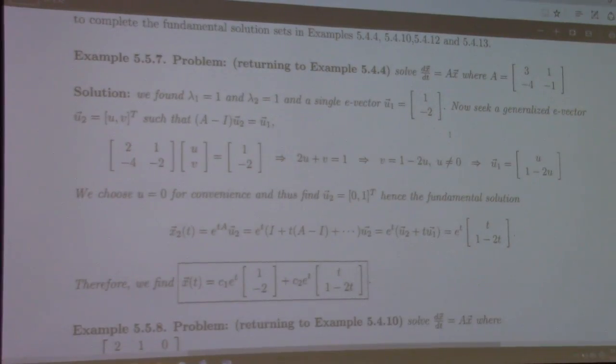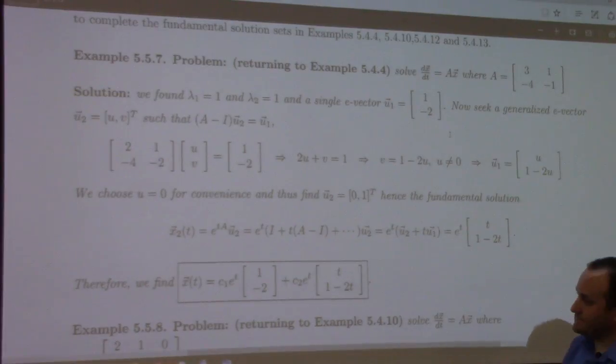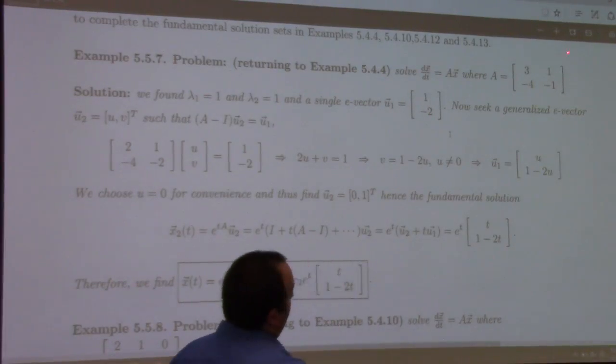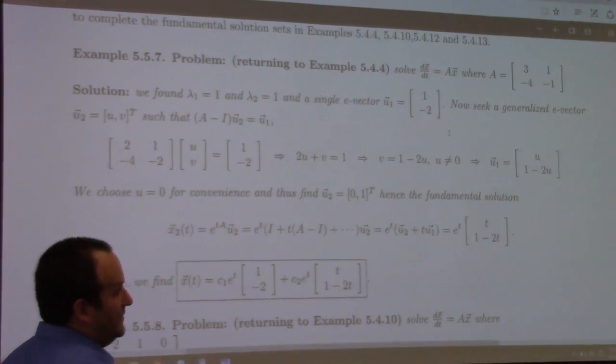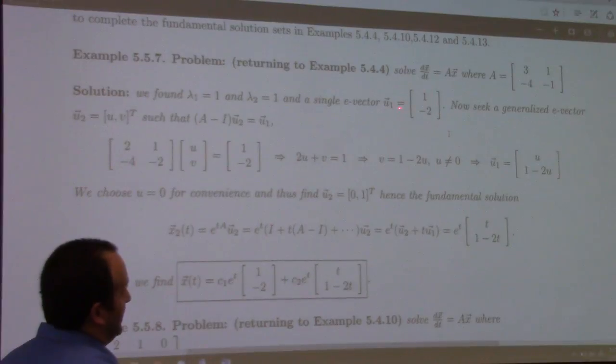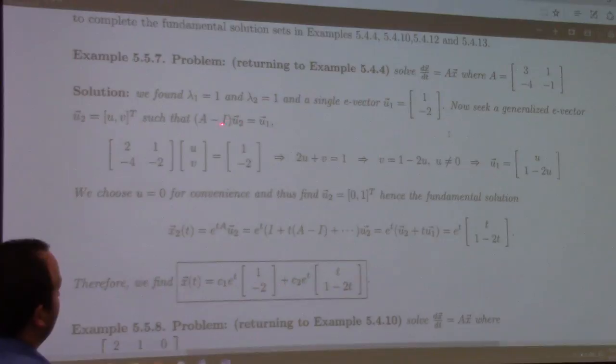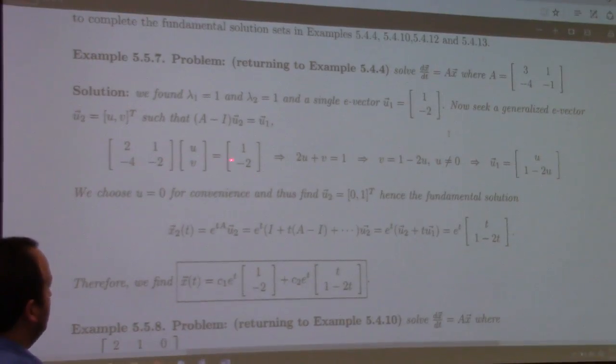Here is a good example of an explicit numerical one I might ask you to do. Here we have the matrix 3, 1, minus 4, minus 1. You calculate the eigenvalue, you get 1 repeated. You go looking for eigenvectors, you just find the one. So we need to find a generalized eigenvector of order 2 by solving this equation. So I do that, and it gives me something like this. In this case, I can put u equals